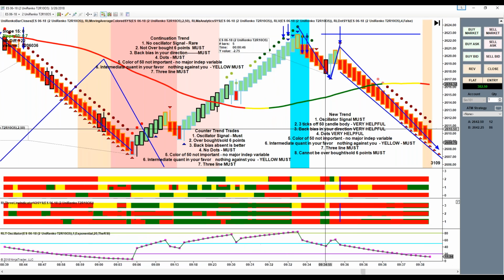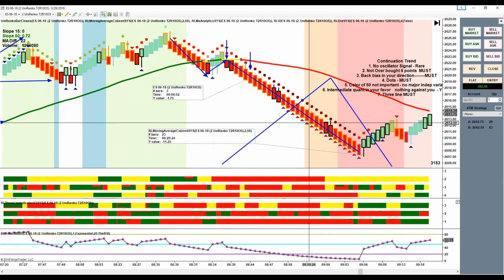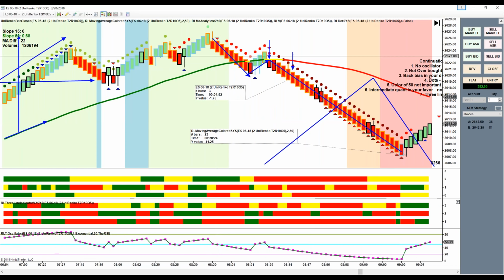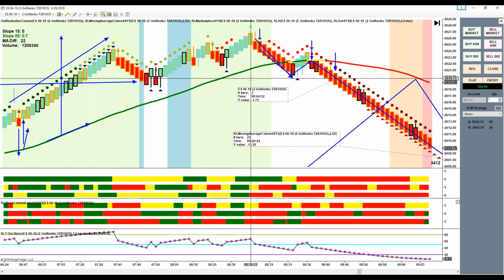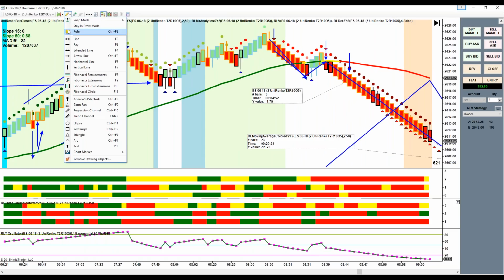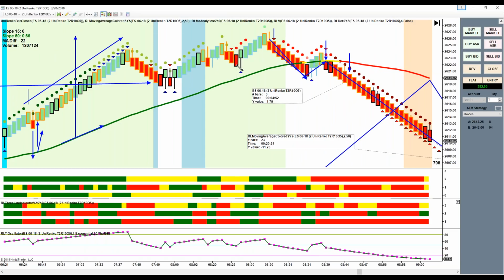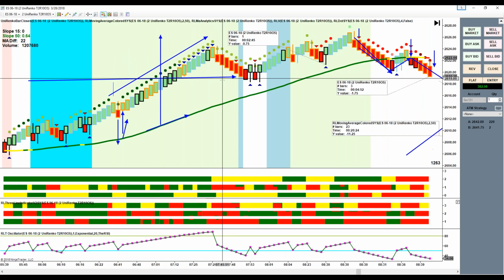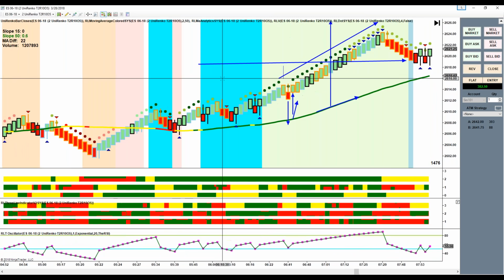Let's find another one. It's right here. There's your trade, and down it goes. Now, there's your trade right here. I don't know if that makes it. It's going to be close. Nope, it's a loser. So you have to be careful. And I'm not going to tell you that these are the easiest trades to take. Like I said,